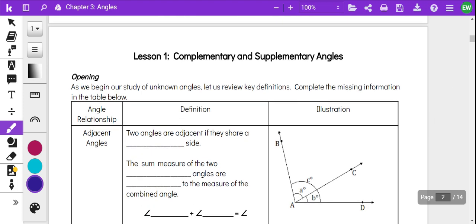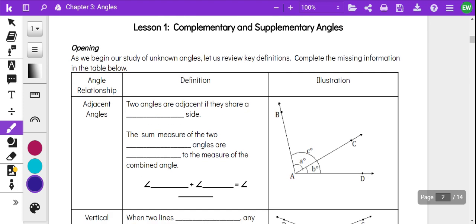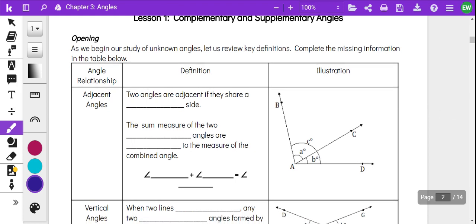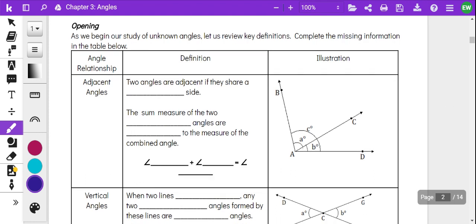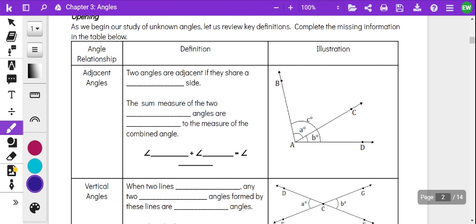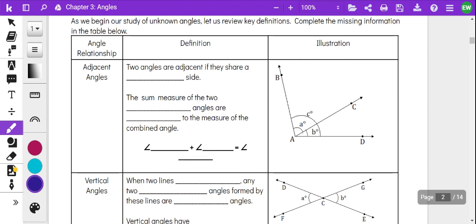First part of this is going to be a lot of note taking. We have to go over some definitions. Okay, so you're just going to follow along, complete the notes as I complete them. Pause the video as necessary. Okay, the first